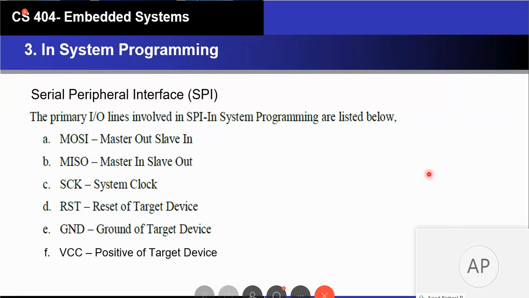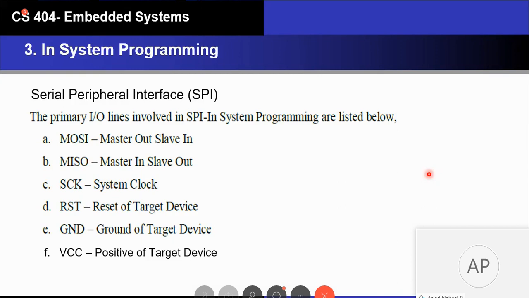When this kind of serial communication is happening, there is a sender and a receiver. In this case, the sender is the computer and the receiver is the target device. So it is the responsibility of the target device to give a proper acknowledgement about the progress of transmission. After every word, it may send an acknowledgement signal back to the computer. So that is what MOSI and MISO mean.